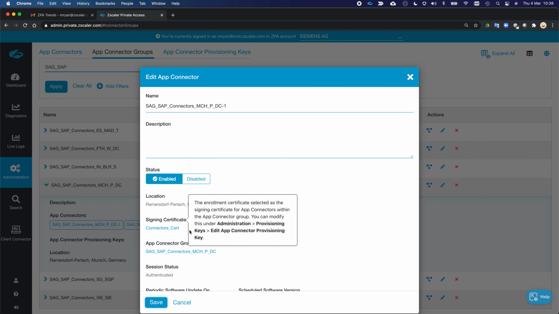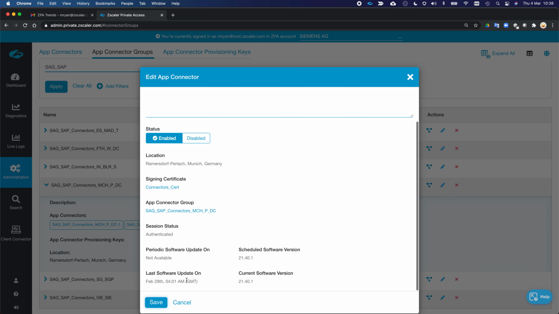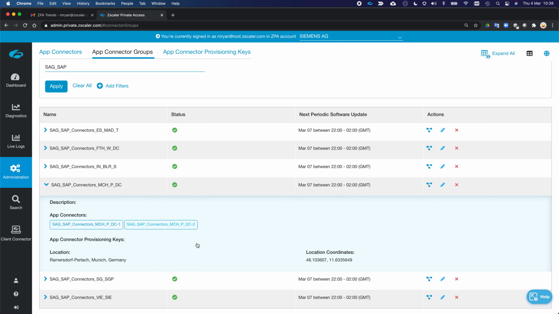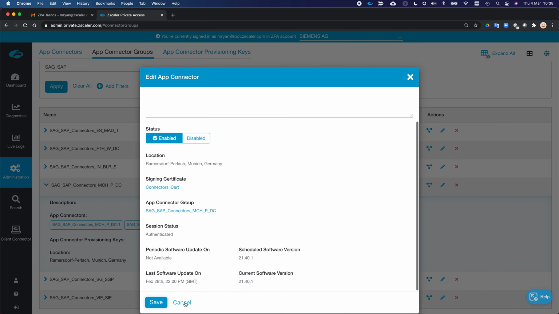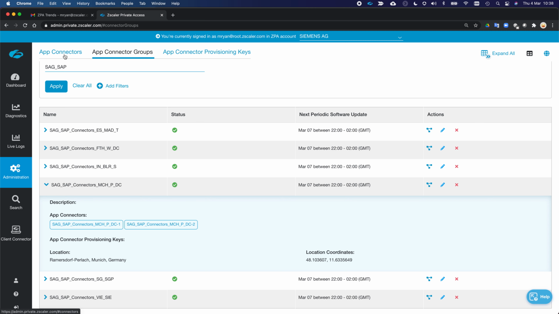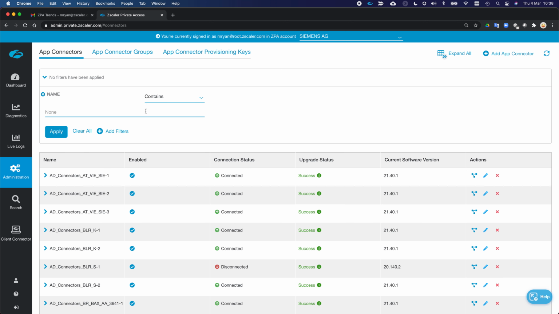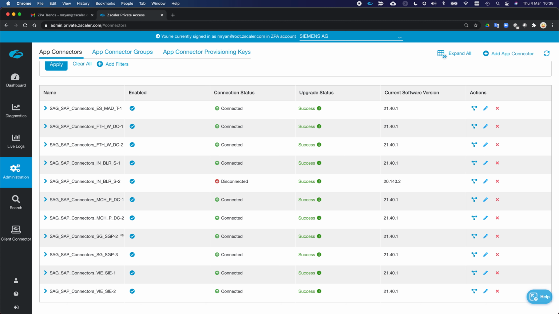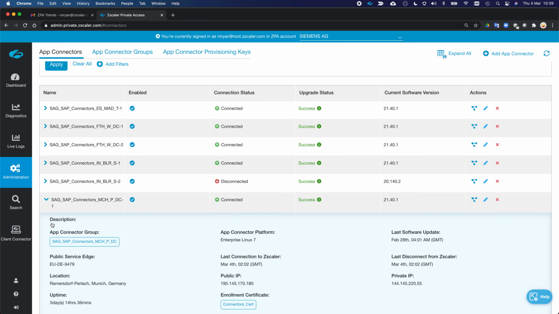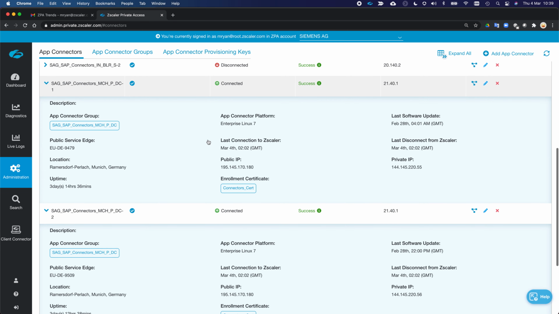Now let's have a look at these. Do they give us any data? Last software update was February 28th. So that doesn't give us very much. Let's actually have a look at those connectors themselves. So add a filter name SAG SAP Munich. Uptime, public IP. So they come from behind the same public IP. Last connection